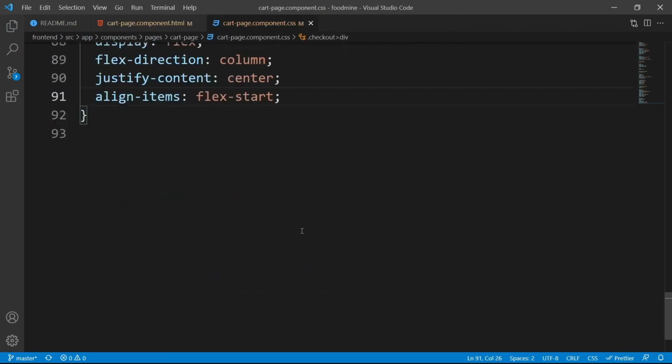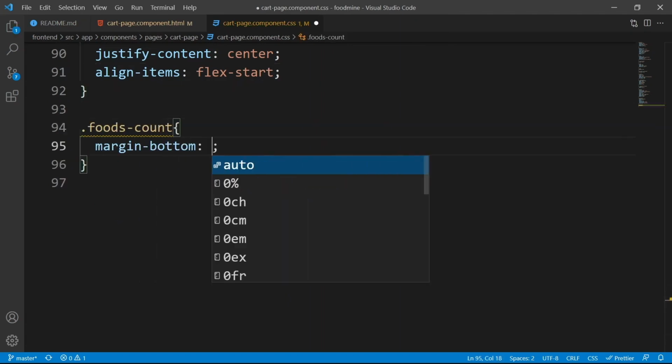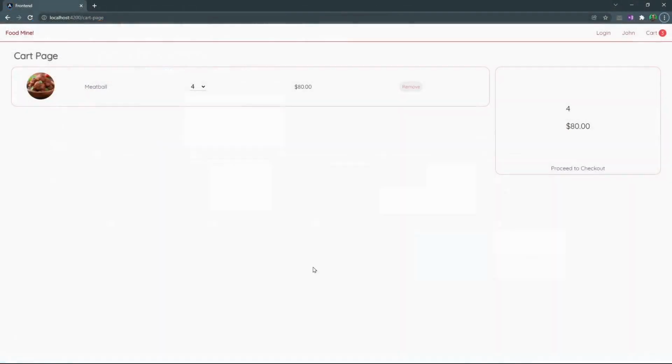Let's go ahead and work on the foods count. Foods count class should have a margin bottom of 1.5 rem. Nothing special, just a little bit of margin. Let's see the browser. As you can see, we have the total count and total price on the middle, but